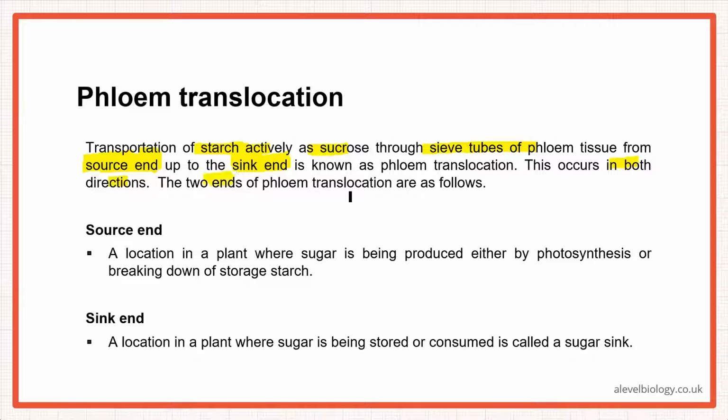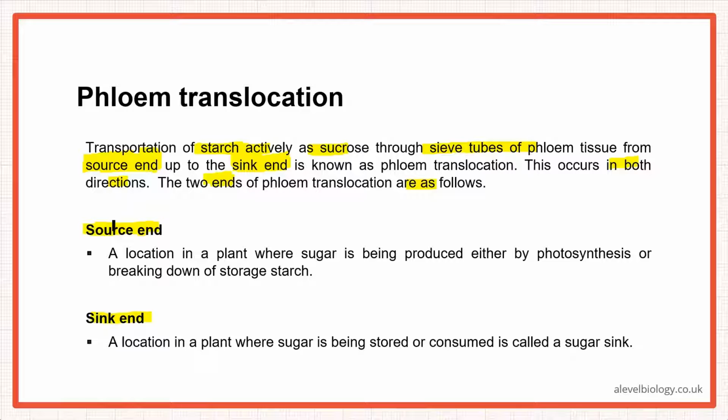The two ends of the phloem translocation are as follows. So source end and the sink end. Okay, when we talk about the source end, generally it can come to mind that yes, it can be the leaf where photosynthesis is happening, but remember it cannot always be the case. Okay, now for example if it's a tuber, and starch is definitely stored there in the form of starch, and when you need glucose for aerobic cellular respiration, the plant needs glucose basically,